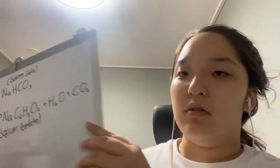And because CO2 is a very heavy gas, and because it is heavier than oxygen, when it is poured on top of the candle, the oxygen pushes away from the candle. And because any kind of flames cannot survive without oxygen, when the oxygen is pushed away, the candle eventually goes